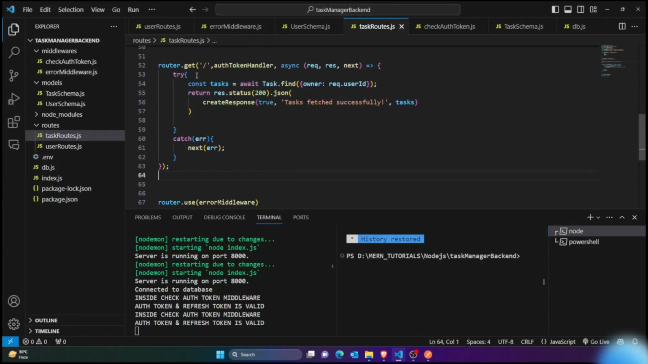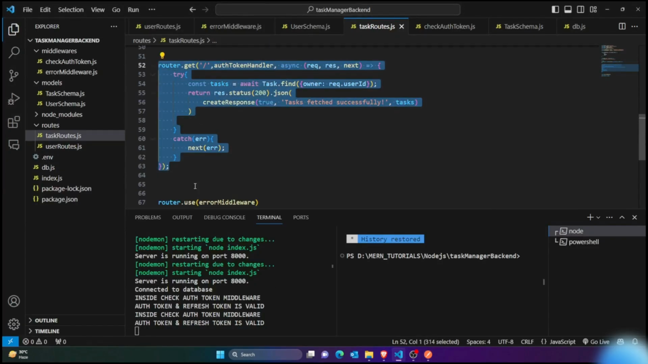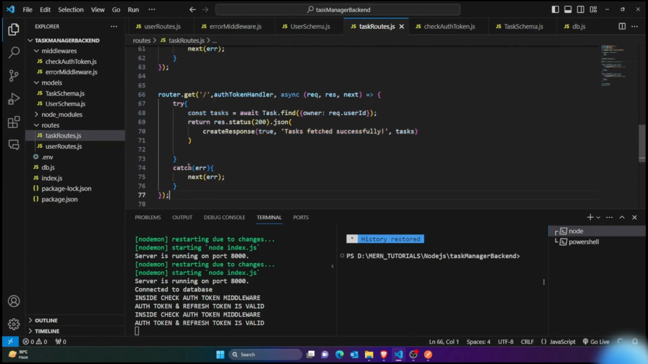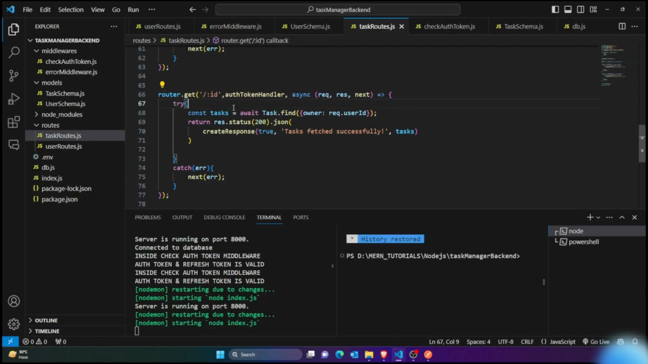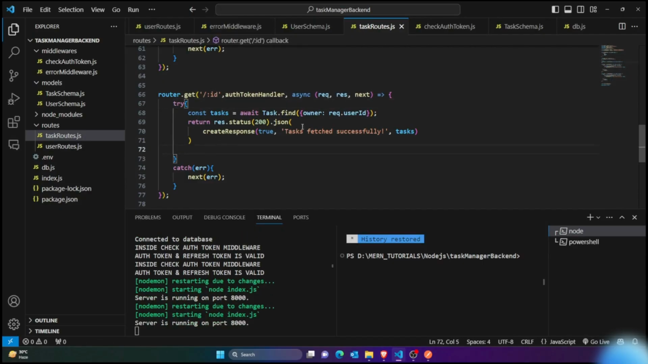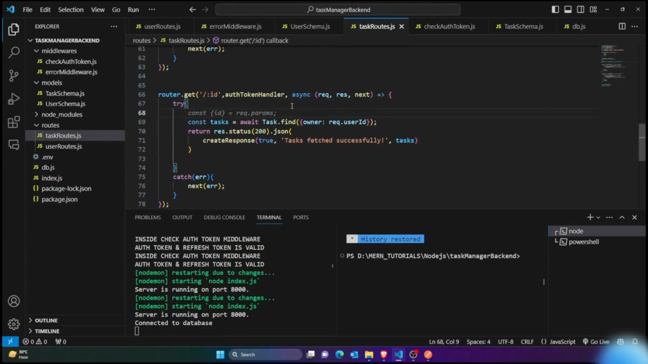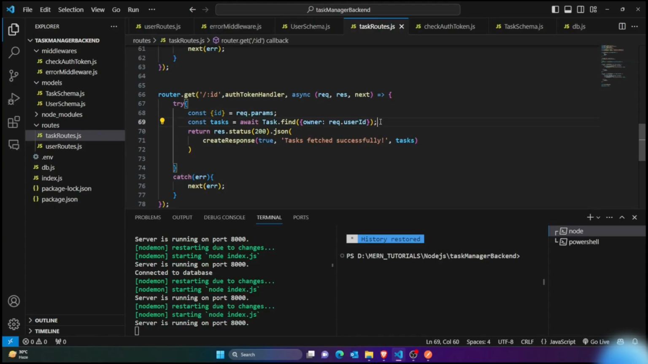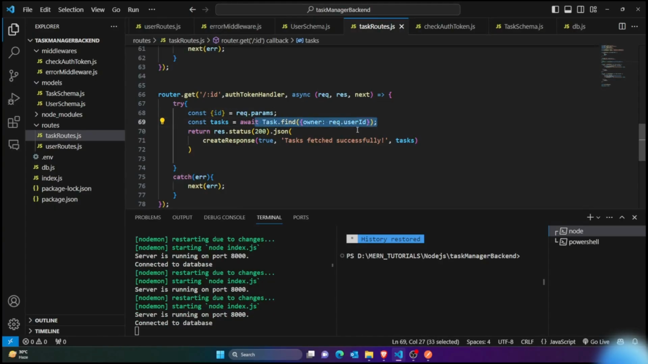I want to get a specific data with a specific ID. How can I do this? Just ask for the ID. So I'll just say slash ID. Once you have the ID, you want to extract it. So I would just say const ID from params. Extract ID from params, and then where I found all the tasks of the user,